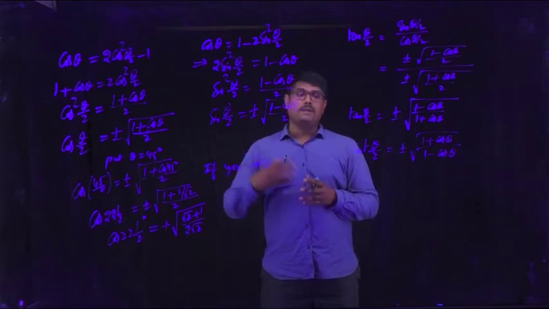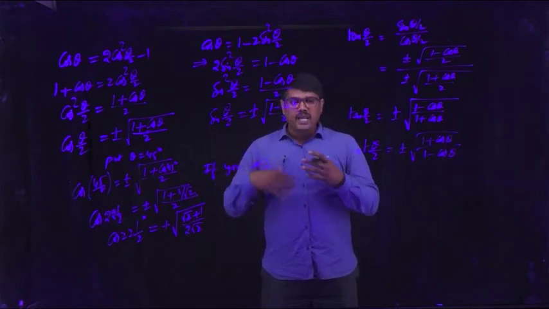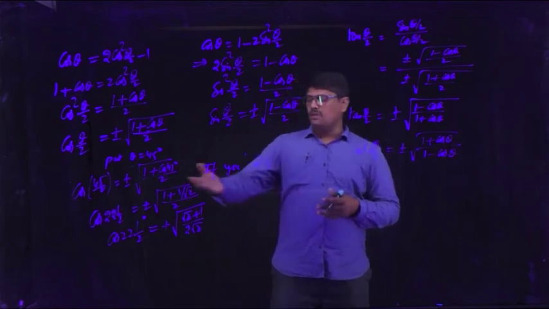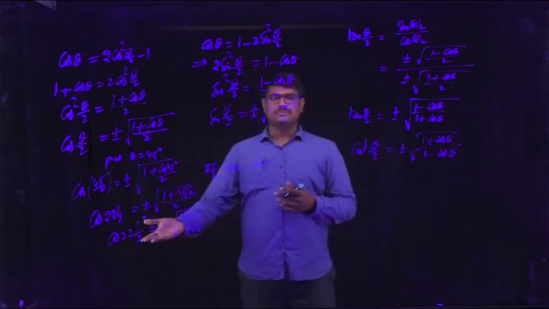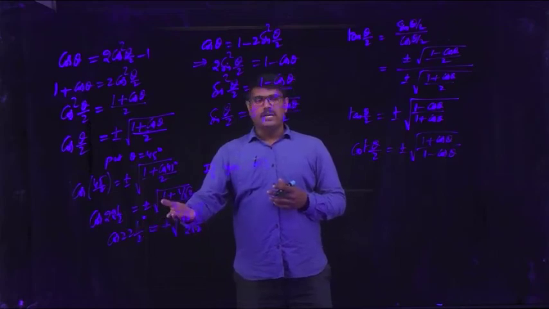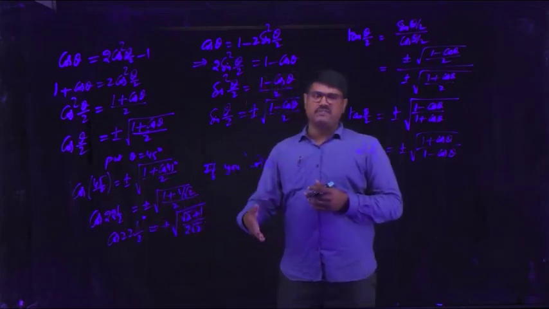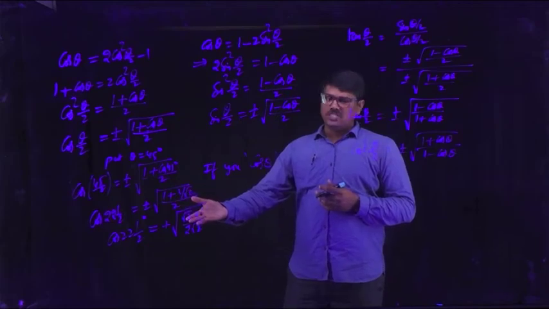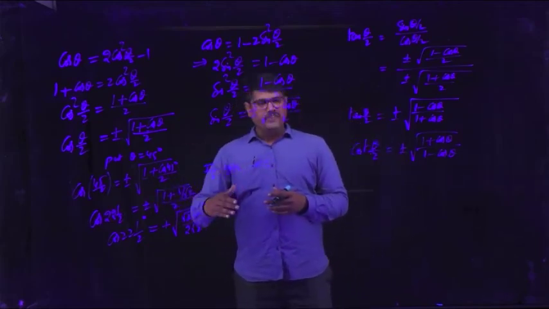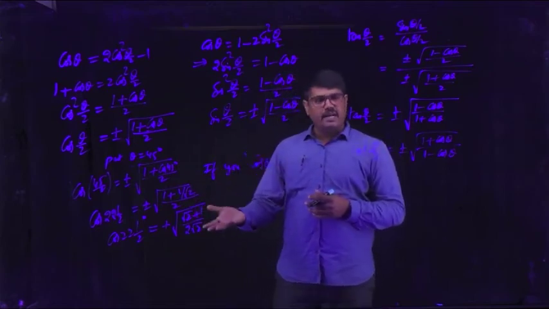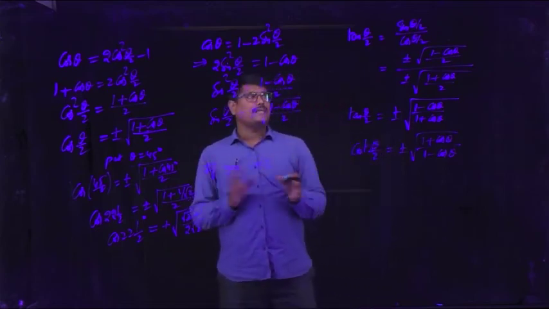Here, after using multiple and submultiple angle formulas, we are able to find some more values like 22.5. You can also find 67.5. If you know 22.5, its complementary angle is 67.5, so you can find 67.5 also. And if you know 15 degrees, you can find 7.5 also. So you have to practice like this.